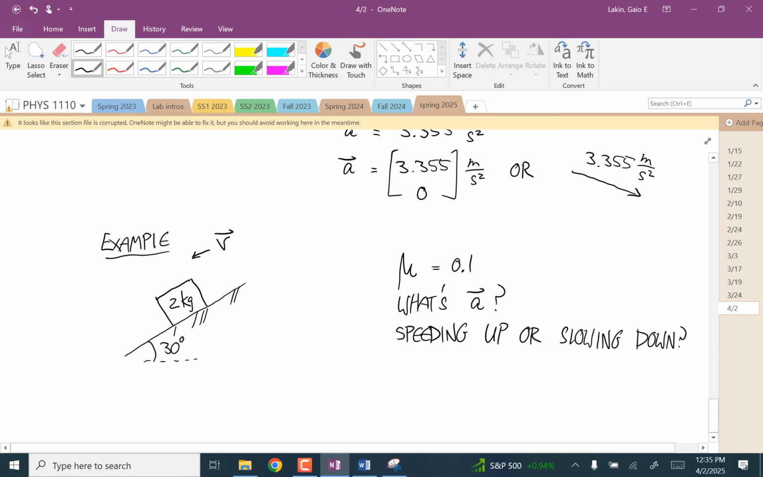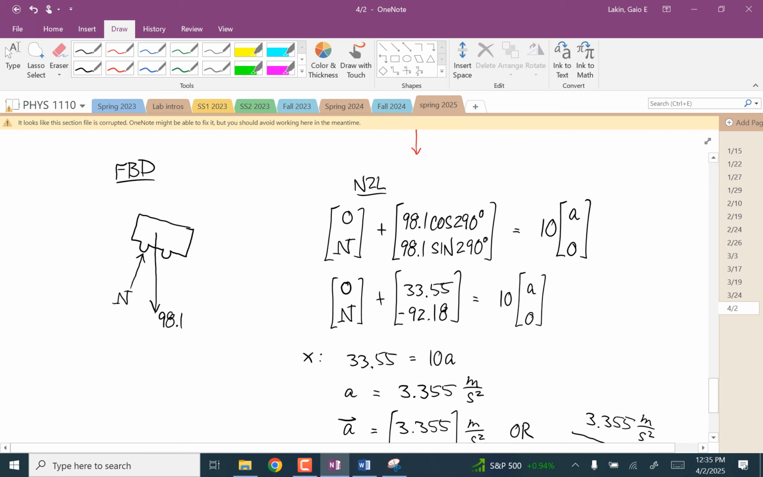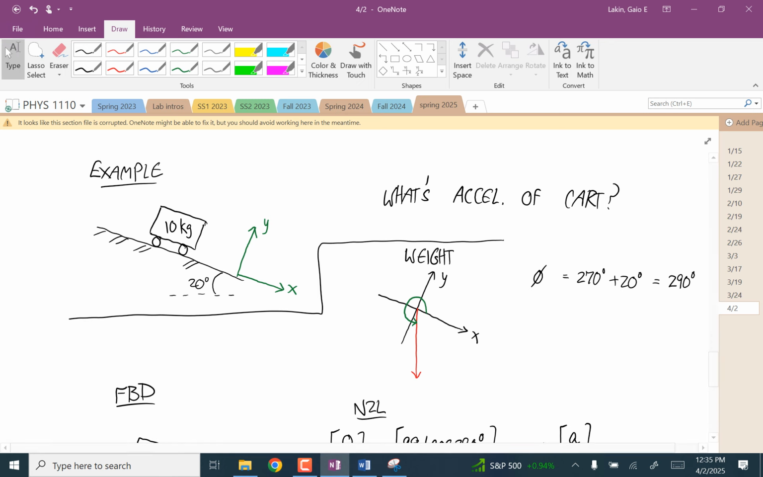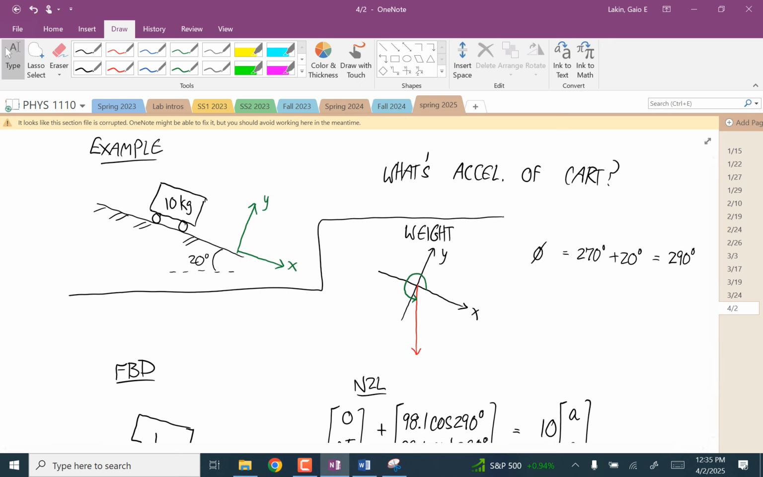So if we find out that the acceleration is in the same direction as the velocity, it'll be speeding up. If it's in the opposite direction, it would be slowing down. Okay, let's compare that to the one we just did. Is this one speeding up or slowing down? We know the acceleration is down the ramp,